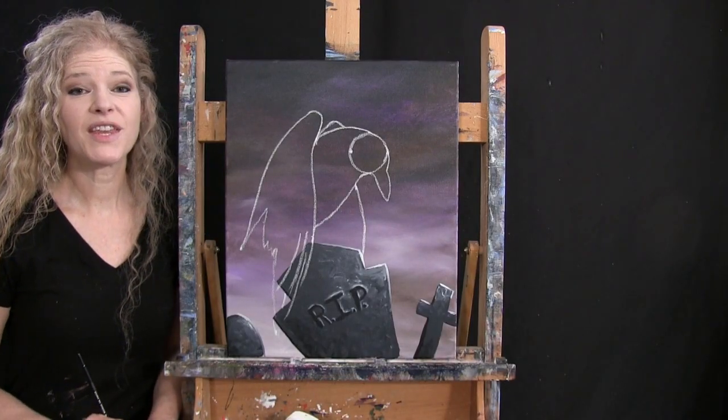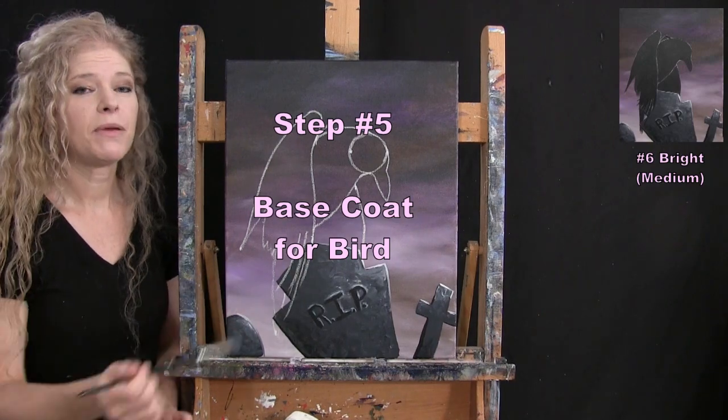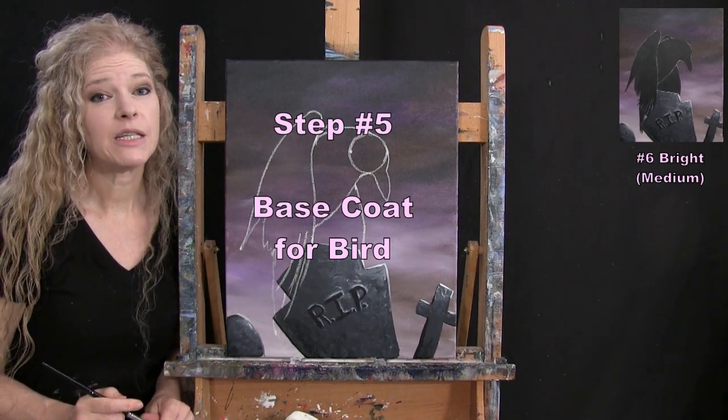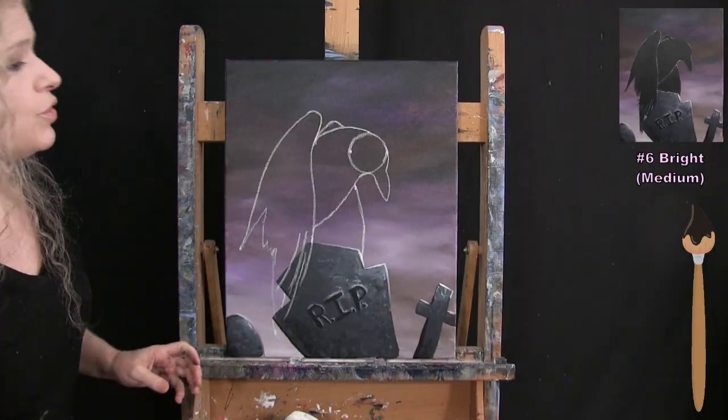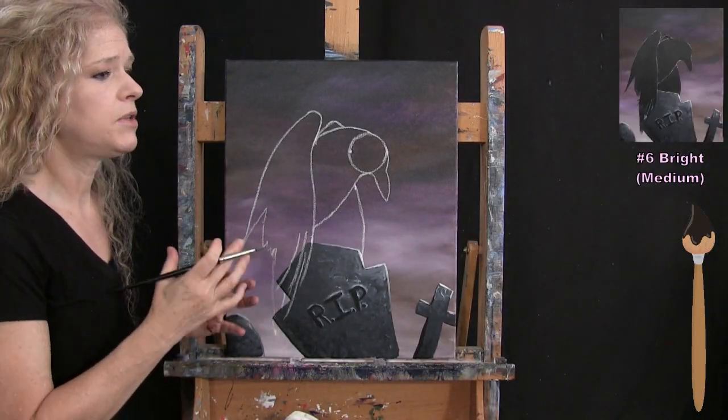All right, so what we're going to do for the next step is paint the base coat for our bird. I'm going to be using my medium brush. The color I'm using is black. You could certainly in certain areas use a gray tone to do the base coat, but I'm going to be using black